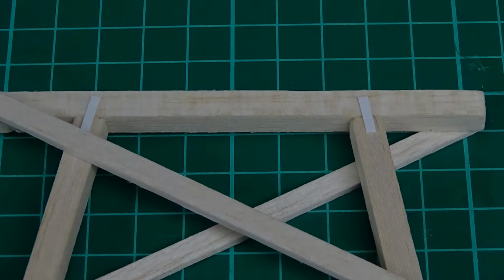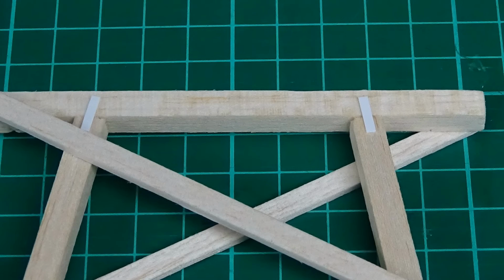Now, I was quite keen to add some of the metal work that is on some of the images that I've got of West Blyth staiths. Those metal strapping and bolt and nut heads and things like that, and sort of large washers, which I was keen to try and replicate on the staiths. As you can see there, I've put a couple of strips of microstrip on there, which is connecting the lintel